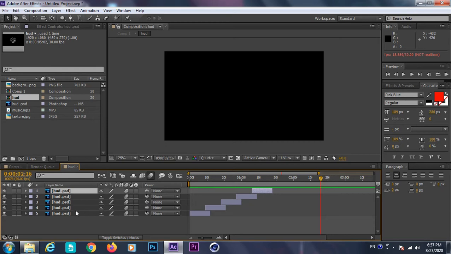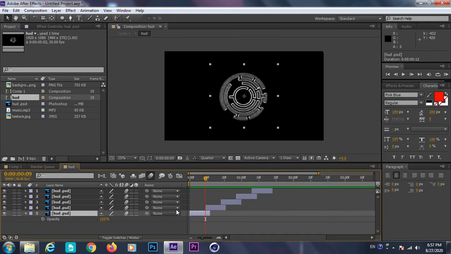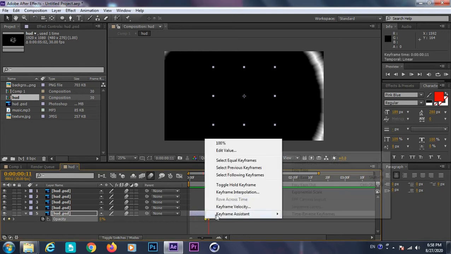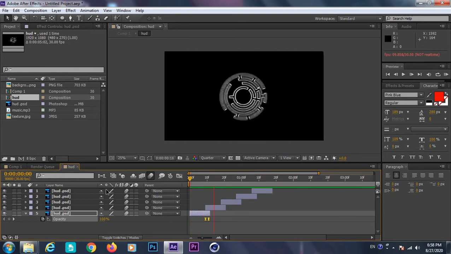First of all, I have to reduce the opacity, as I discussed, at 10 frames. I keep the opacity at 100%, move 2 frames forward and reduce all the above to 0%. Now I select these and right click them, Easy Ease, or you can click F9 to ease them. Now we can play the opacity down.